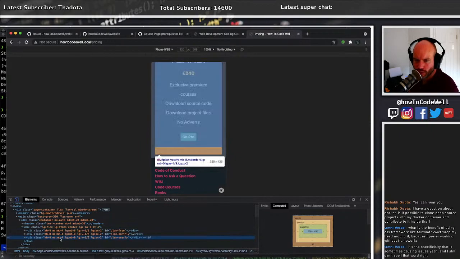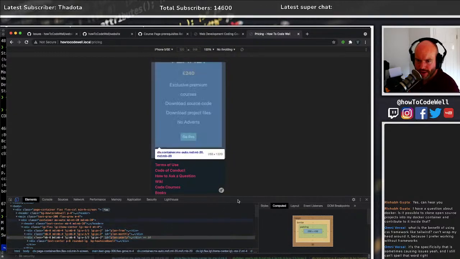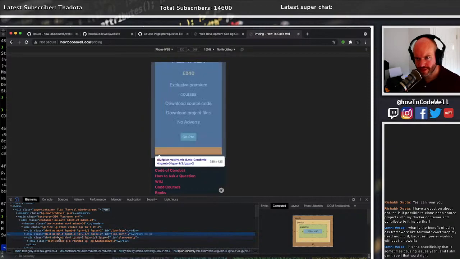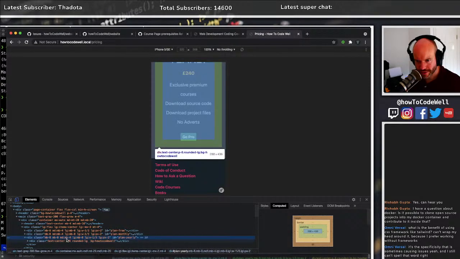Okay, so is there a way to do SM for small and then... Or is there a way of just doing margin bottom of 0? That hasn't done anything, has it? Margin bottom of 0.